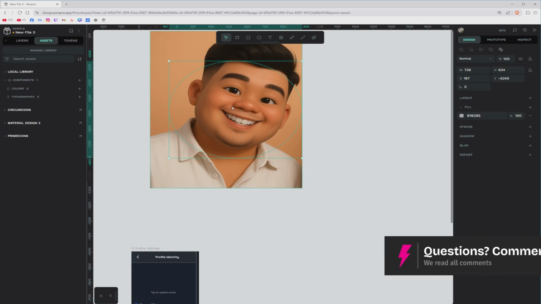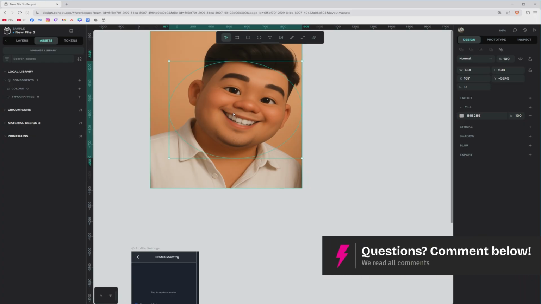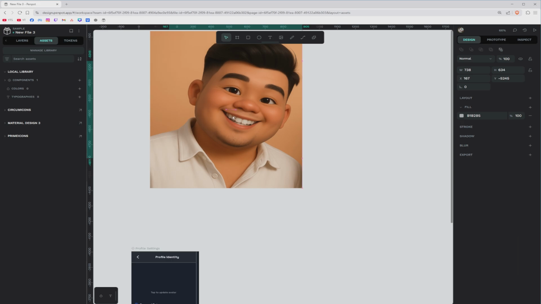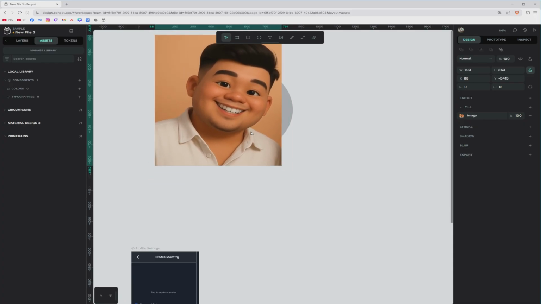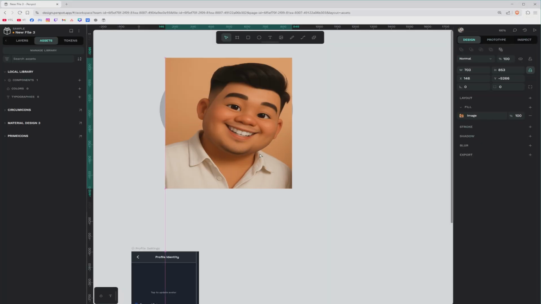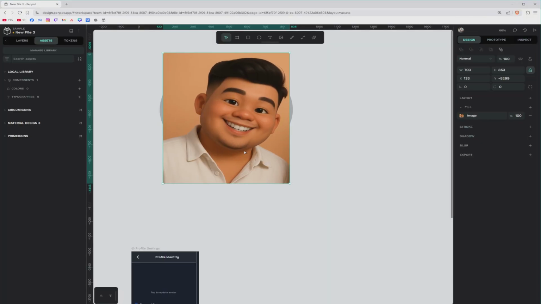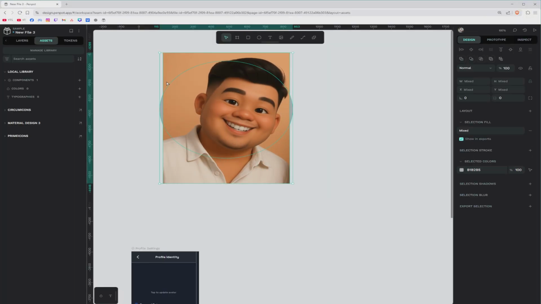And as you can see here, as you might have noticed, okay, we have the asterisk. Well, that means, okay, that it's centered. All right. So if you want to make the photo smaller like that, okay, you go ahead and do so. And once that's done, select both the shape and the image. And as you can see here, we have the background, which is a circle, and the section that it will